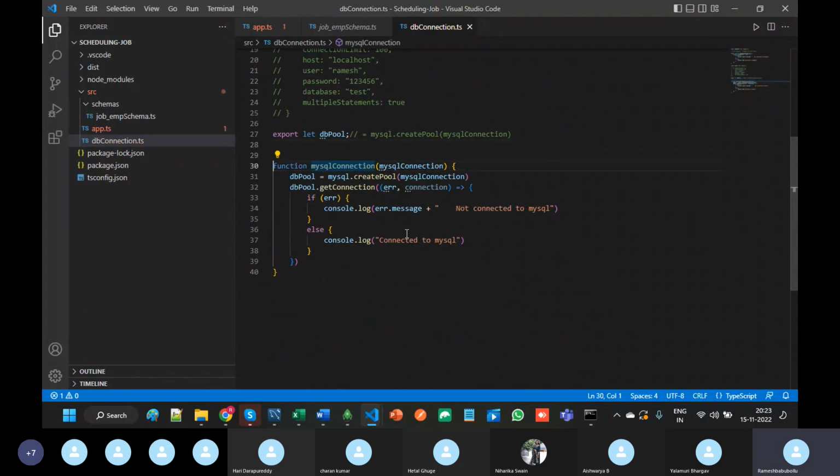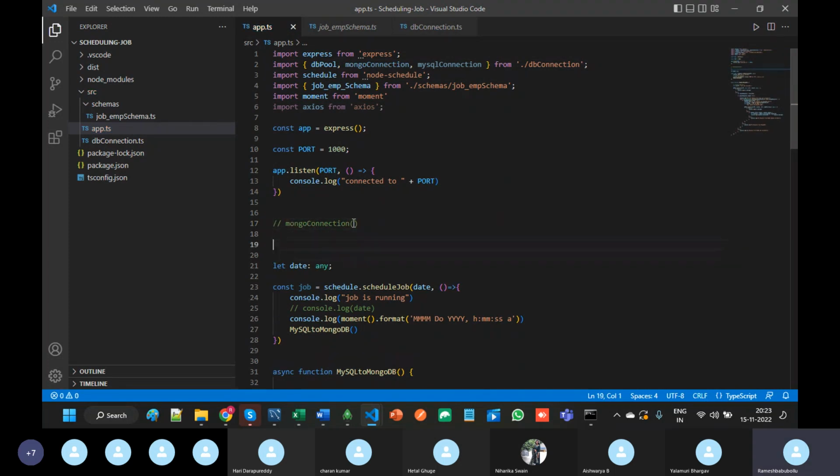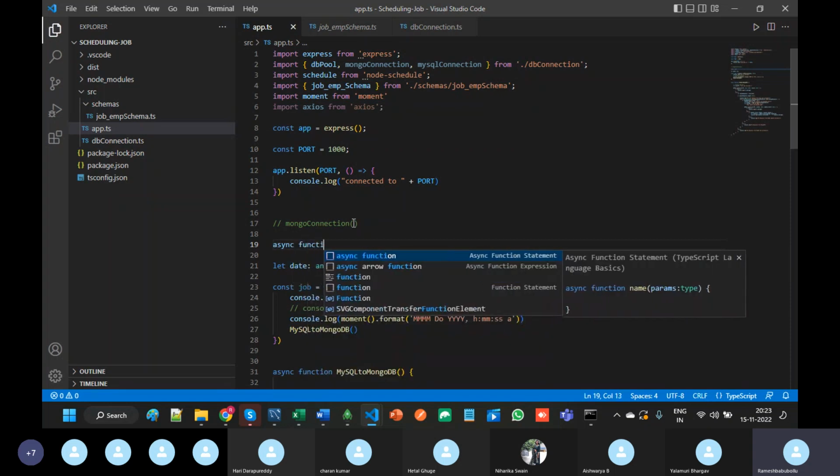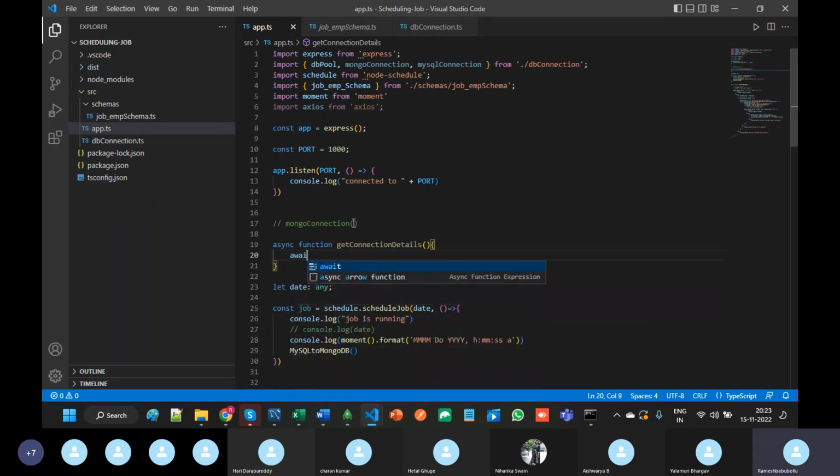This function is to be exported so that wherever I want I can use it. Here you call that MySQL connection function, and this one is no need. Now you can write the logic. That means an async function, get connection details, await